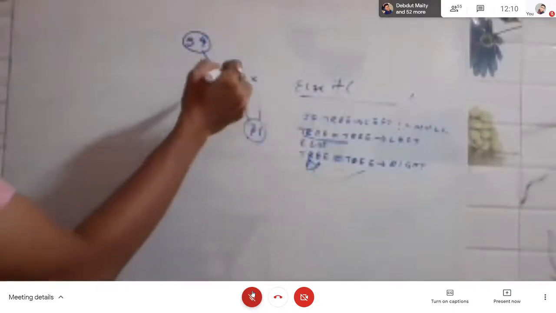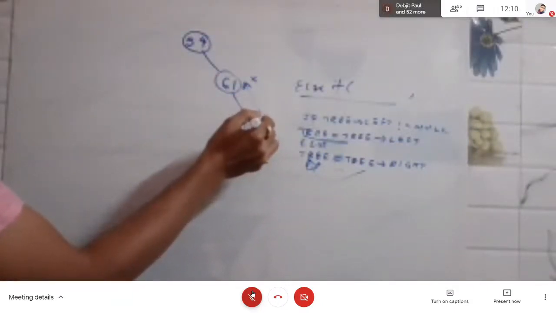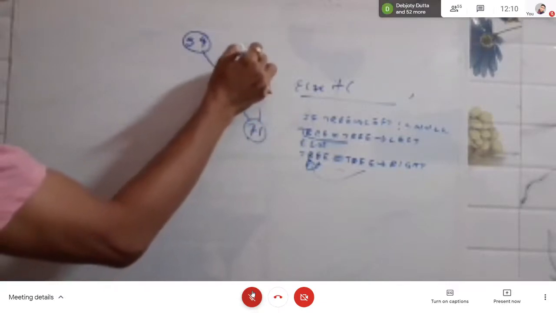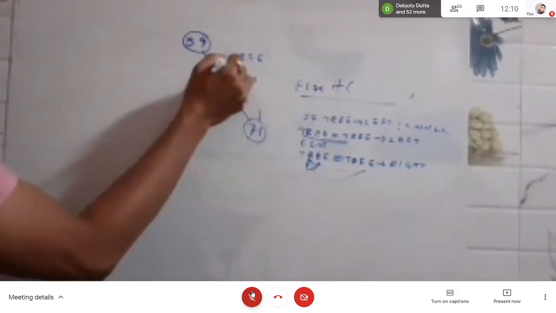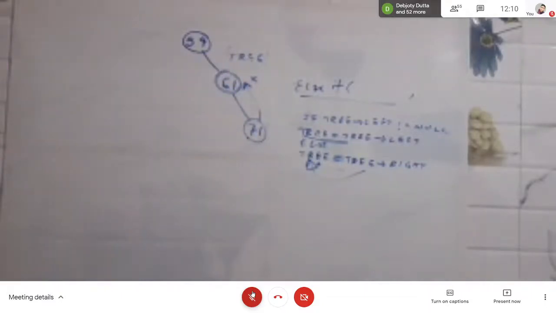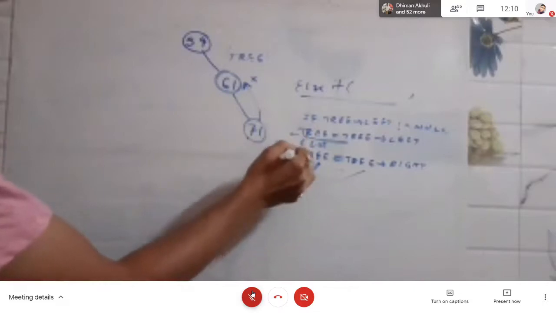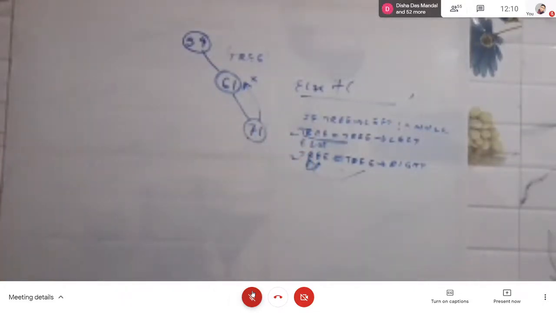Okay, so here a equal to 2 and b equal to 2 and k equal to 1 and p equal to 1. Now you have to compare a and b power k. So what is a? 2. What is b power k? 2 power 1. A and b power k both are equal. Therefore we have to go to the second case.